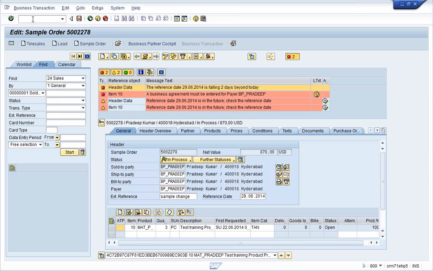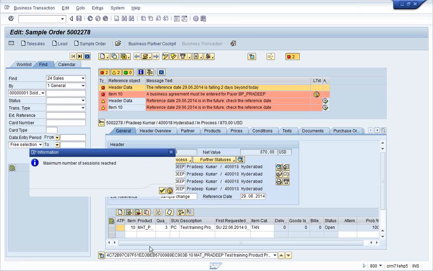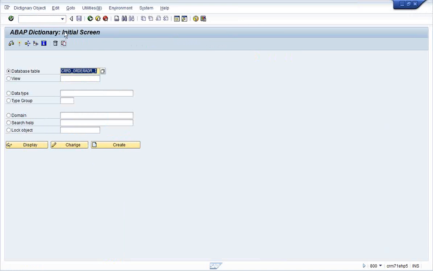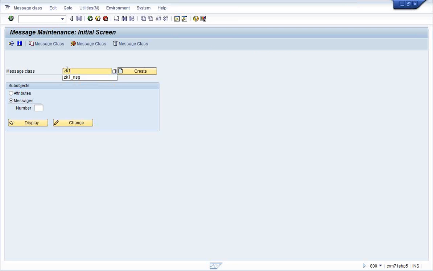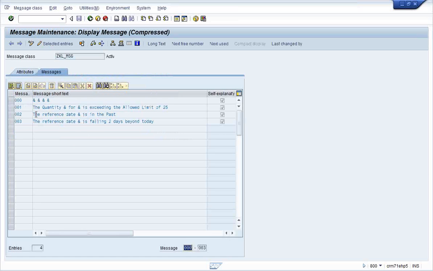Where exactly am I showing the messages? If we go to SE91, I have already created some messages. The reference date is falling 2 days beyond today.